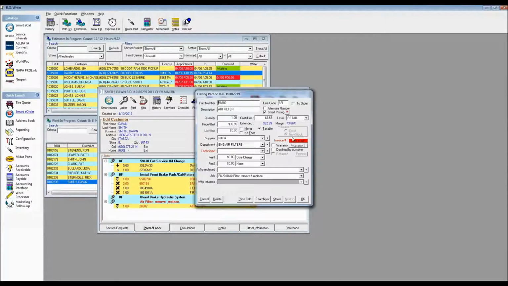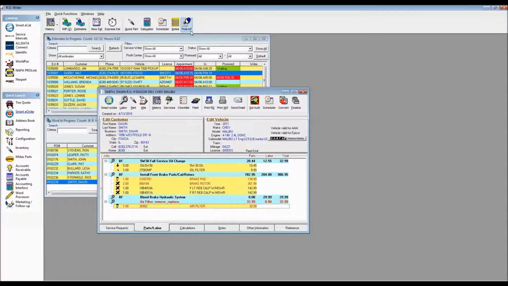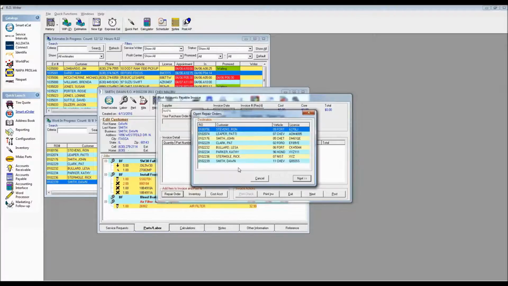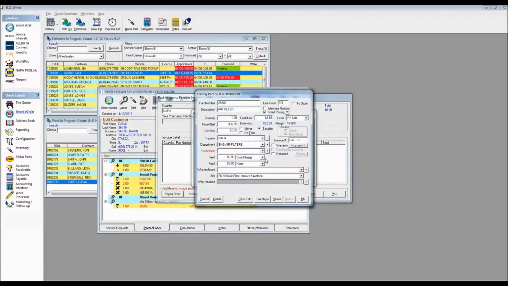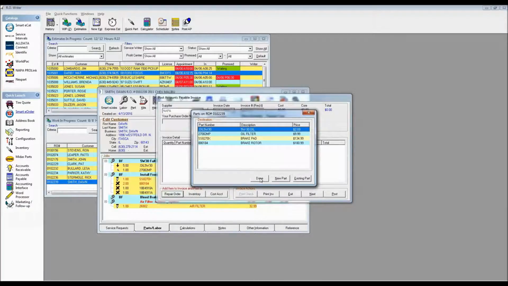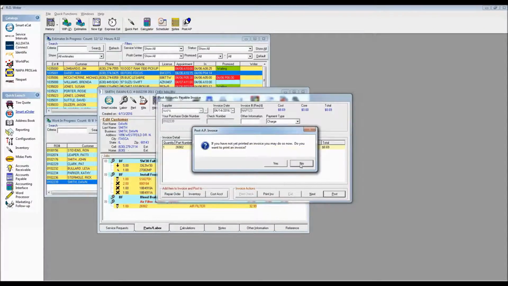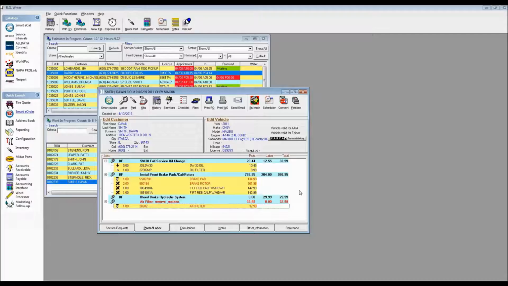We're going to go through this 2 different ways, meaning we've received the air filter. We'll go up to post accounts payable. I'm going to tell the system that I got that from Napa, and here was Napa's invoice for that. It goes on to a repair order for Dawn Smith, and that's the air filter that we got back. If I knew my tech, I could assign it now, but it's not necessarily imperative at this point, and it's the only part that came from Napa on this invoice. Again, we've got a couple more parts heading our way, the pads and the rotors. We'll post that into accounts payable, and now that we've told the system we have received the part,